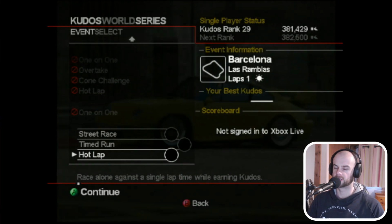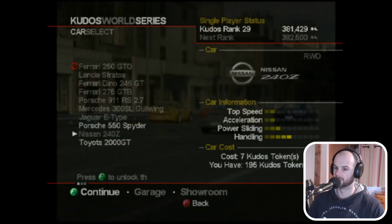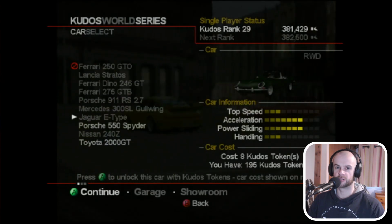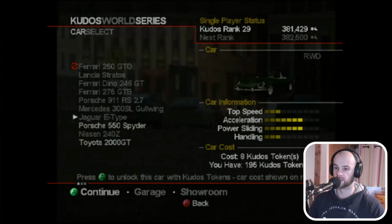And it might be just because they're the shortest cars in the group. I'm not sure what it is, but the Jaguar E-Type gets affected the worst. What I might do is actually just show you quickly the difference between them. So I'm going to show you